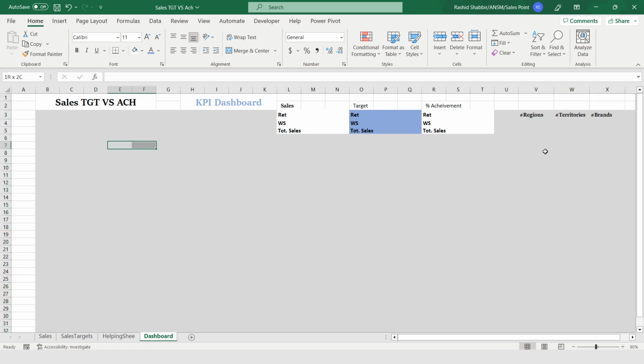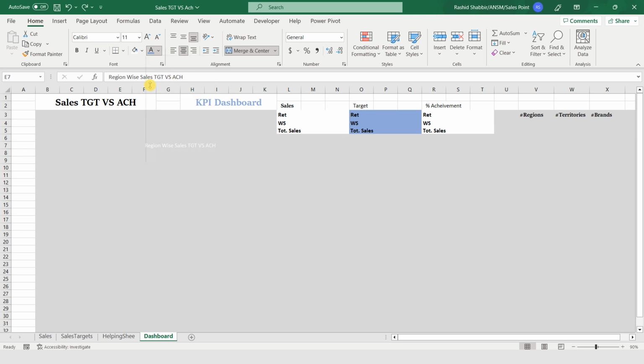Moving forward, E to J, merge and center, region wise sales target versus achievement.